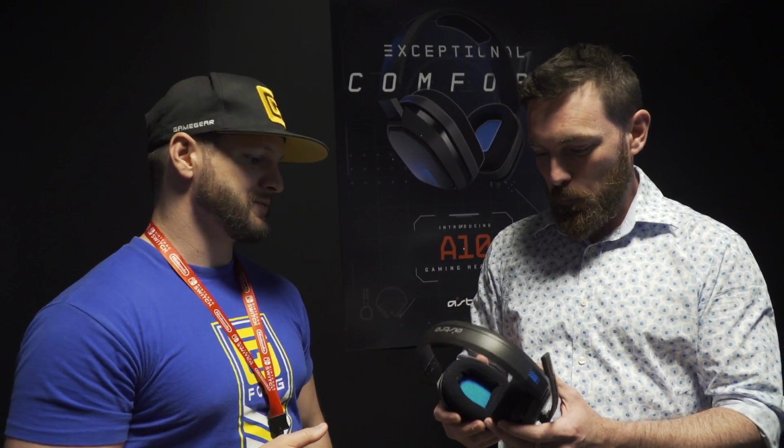I think that's a great feature, because usually you only see replacement cables with more expensive headsets, like 150 euros and up. Usually below that, they don't find it worth it to have this kind of feature, so I'm really happy to see this. Yeah, we went with the steel band construction as well, and it has a